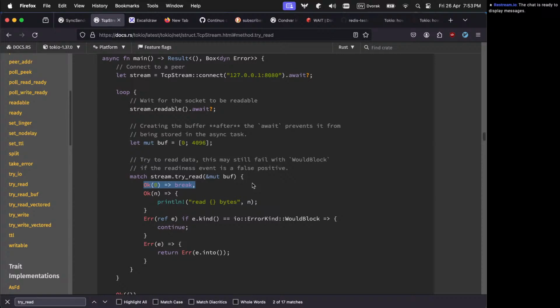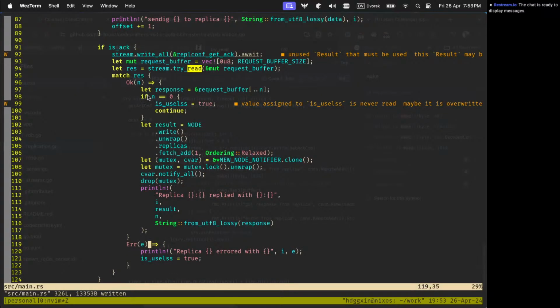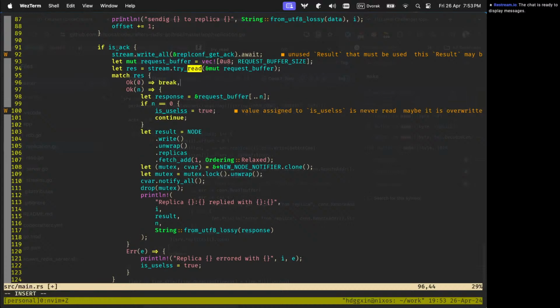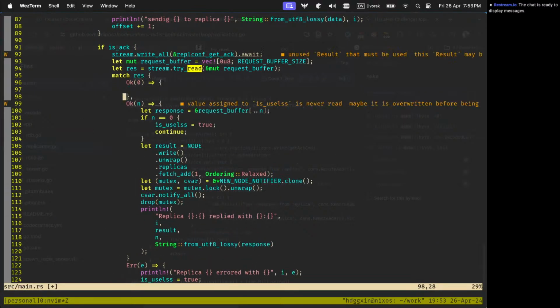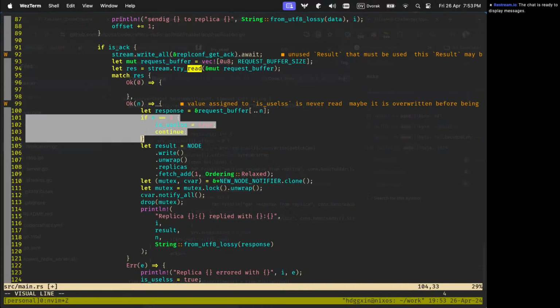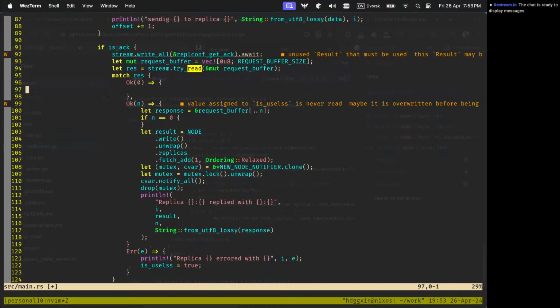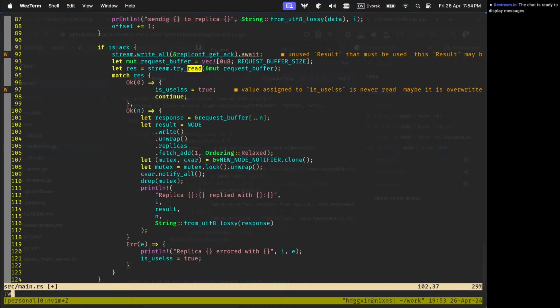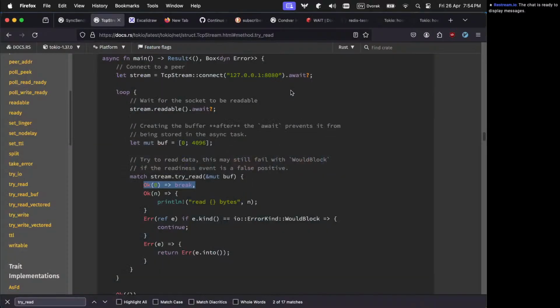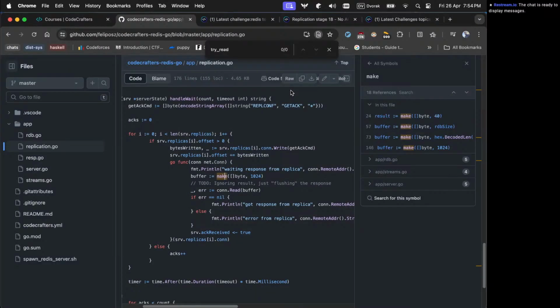So if it is Ok of 0, we should continue basically. And if it's an error, we'll do something.